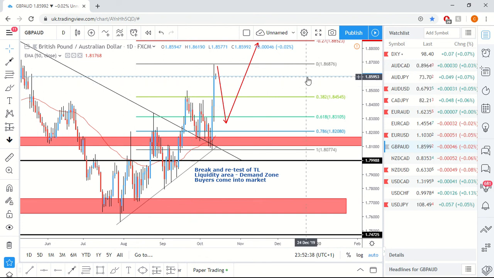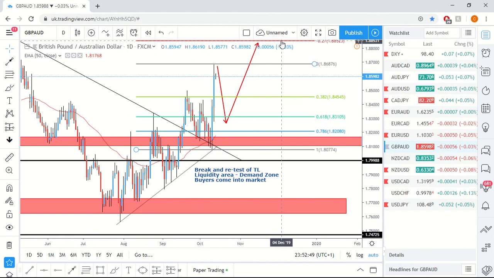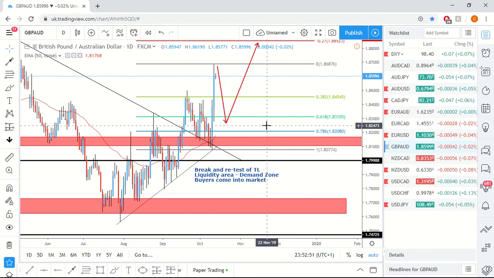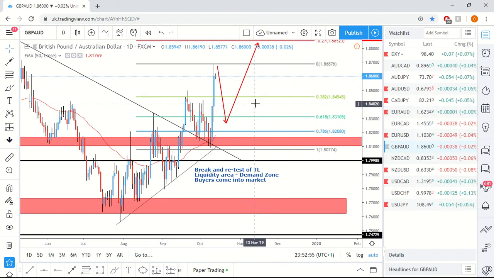And here you can see what I'm anticipating now. As we made a new high, I'm looking for a correction to our golden pocket, and then we could potentially look to take this higher. So still potentially another entry on the cards. We just have to watch and look for our different Fibonacci levels. We could see it come down to the 0.382 or a deeper correction to our golden pocket.